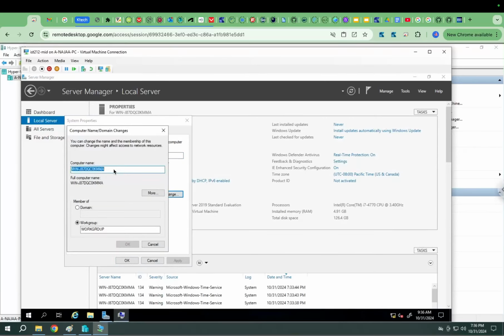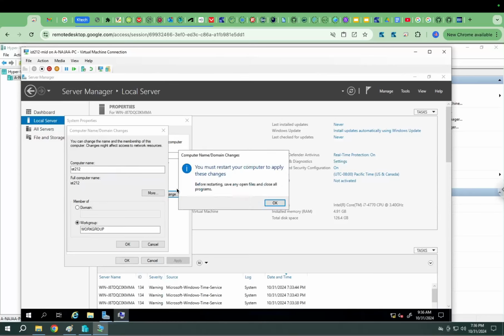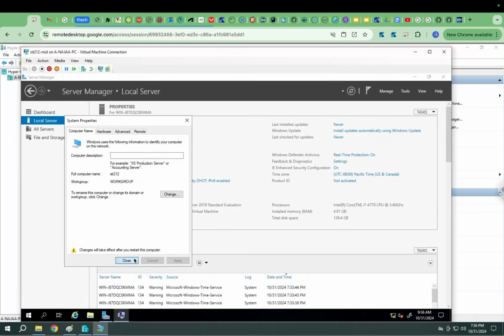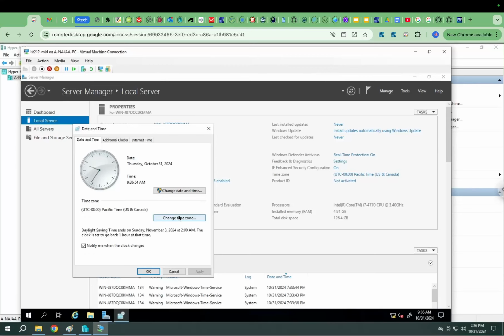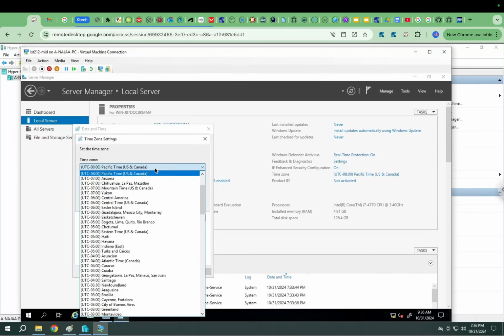For example, let's say ist212. And after, of course, you change the computer name, it will ask you for a restart, okay? We don't have to restart now, I'll restart later. If I tell you adjust the time zone settings, they are set from here. So you can change the time zone to Kuwait,